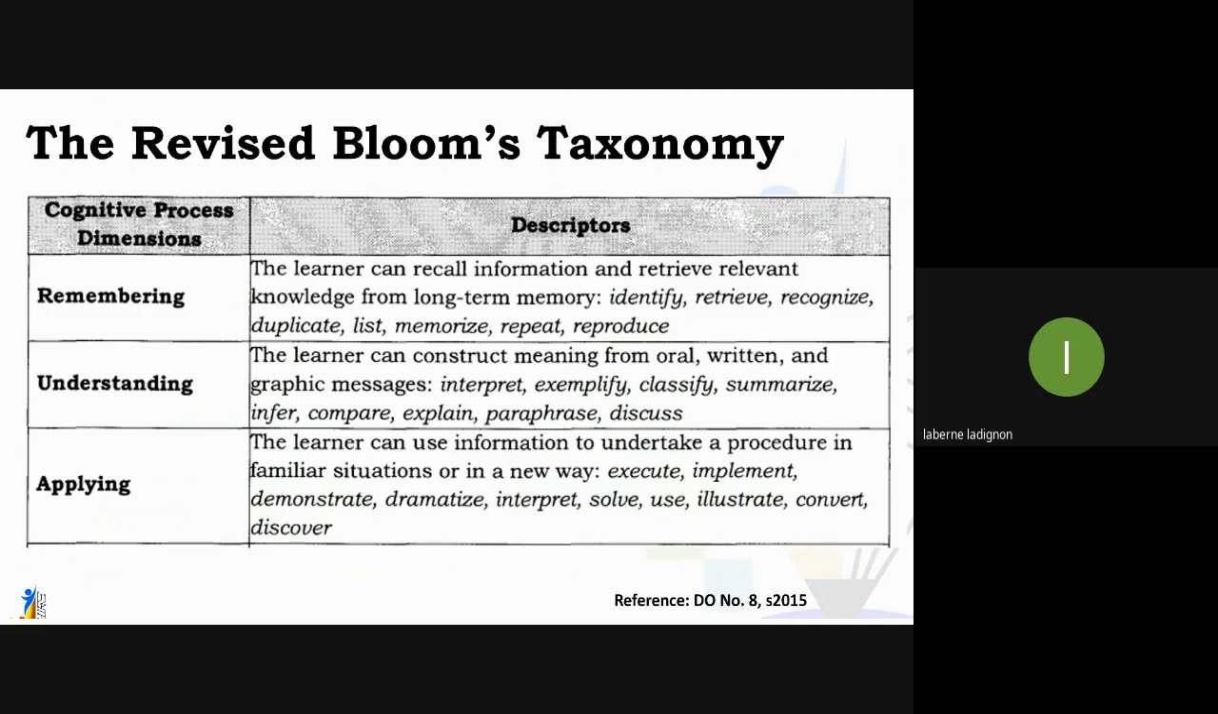The first one is remembering. In remembering, in terms of assessment, we can help our learners to recall. The learner can recall information and retrieve relevant knowledge from long-term memory. The words usually used in this remembering part of Bloom's taxonomy are to identify, to retrieve, to help them recognize, to duplicate, to list, memorize, and repeat or reproduce. These are the words that we use as we design